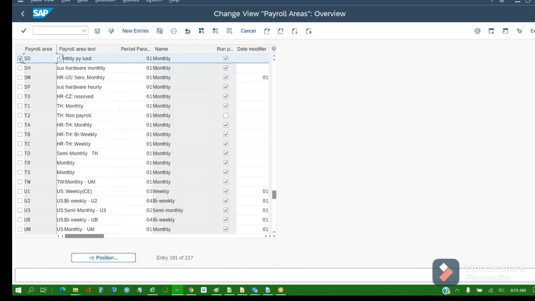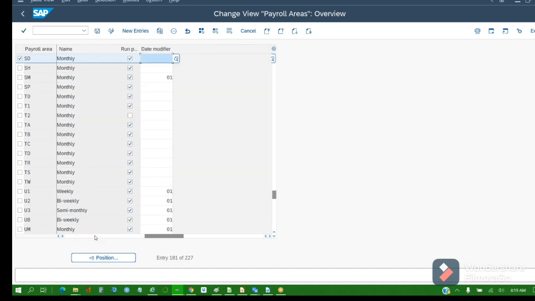Go to the date modifier column. Scroll to the right side. So here, what was the date modifier you have given? 66. What do you mean by date modifier? Is it a pay date? The first day when the employee is going to get the pay.